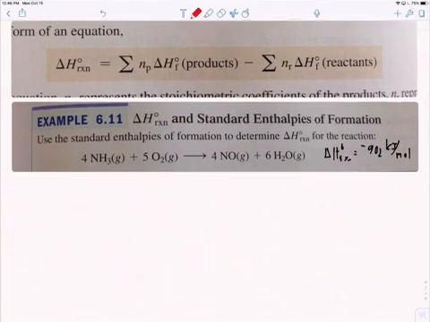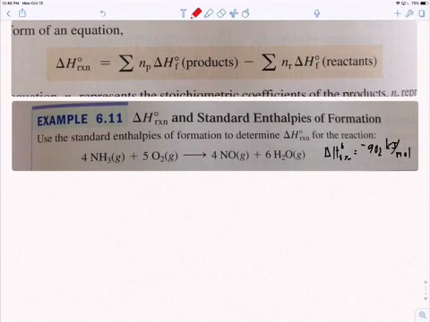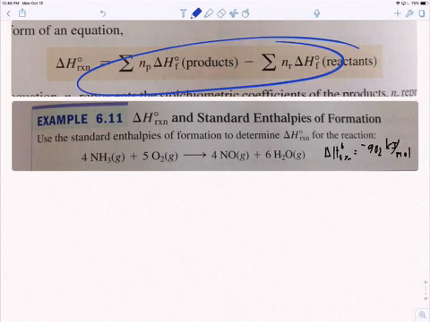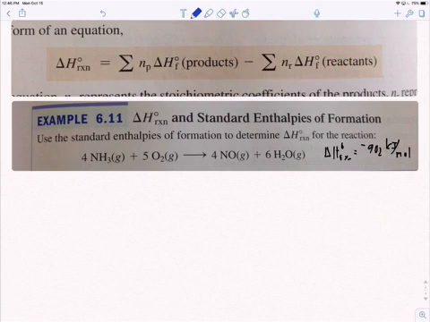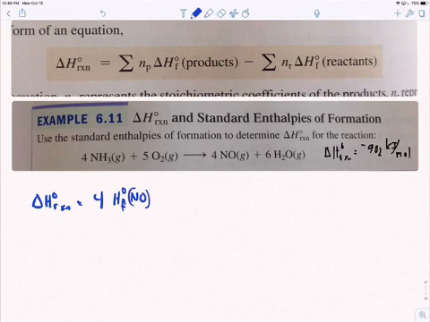So let's apply this for this reaction. Use the enthalpies of formation to figure out the heat of reaction for this one here. So what is the heat of reaction for that one? So we apply this equation here. So let's do the products first. So delta H0 reaction is going to be 4 times the standard heat of formation of NO plus 6 times the heat of formation of water, gas,